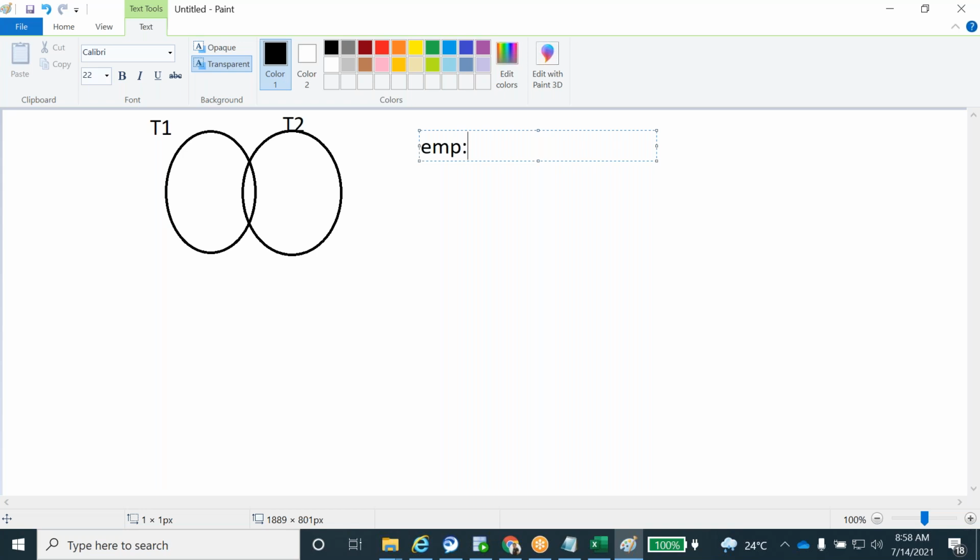EMP table, what are the columns there? E name, employee number, EMP number, DEPT number, right? These are the columns. I've just given a few columns. Same thing, take the DEPT table.